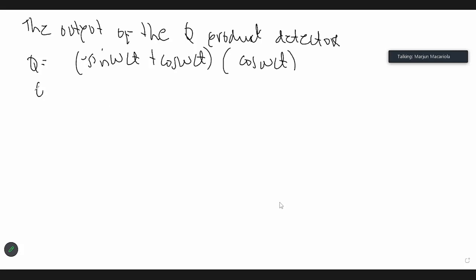When we multiply, let's first do the cosine. So this will be equal to cosine squared omega ct plus, so this will be minus,